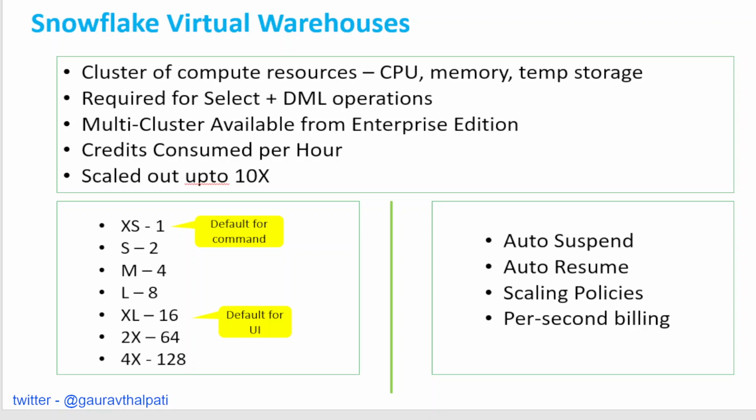So that is the reason people don't really suspend it always. Okay, so if there are workloads which are continuously running, then it doesn't make sense to keep it auto suspend always, because then what will happen is, one, you're going to lose the cache. Okay, and the second is you'll be charged for 1 minute, the first 1 minute always. Okay, and after that is per second billing. So these are the different types of features of virtual warehouse.